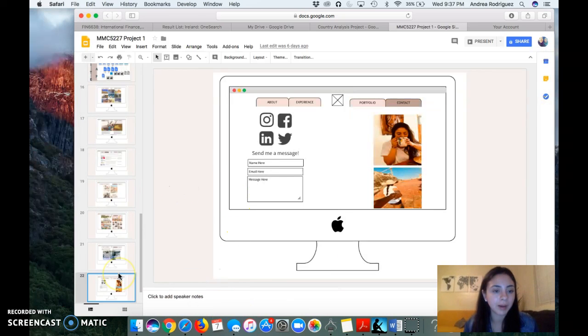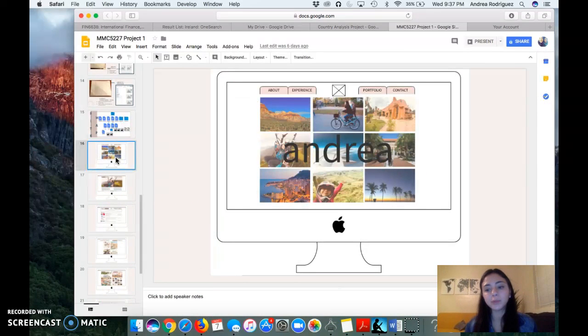Now I'll show you my mock-ups. So this will be my home page, where you can see a first overall glimpse of who I am and what my users will see by clicking into my website. I have a very consistent color scheme, using very similar filters for my pictures, and where it says Andrea right now will actually have Andrea still, but in that handwritten font that I showed you earlier. And then the box at the top will also have that handwritten font, but just my initials. And then you'll be able to click on any picture here or click on the